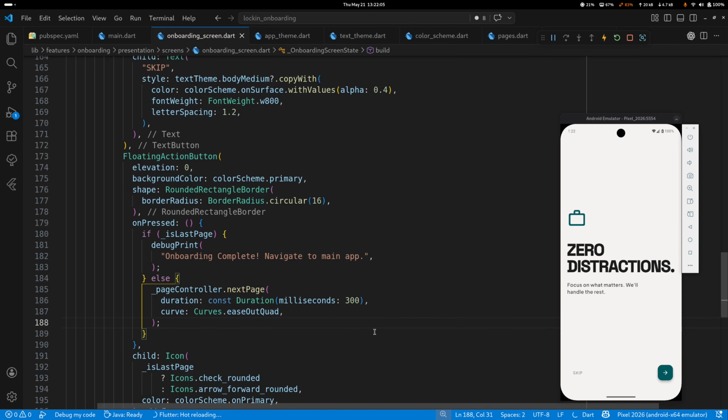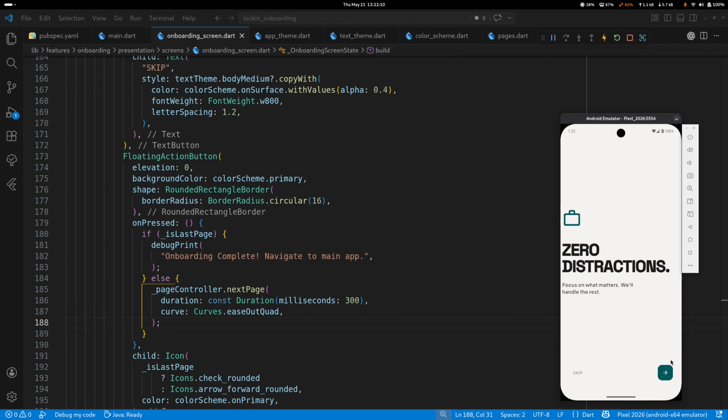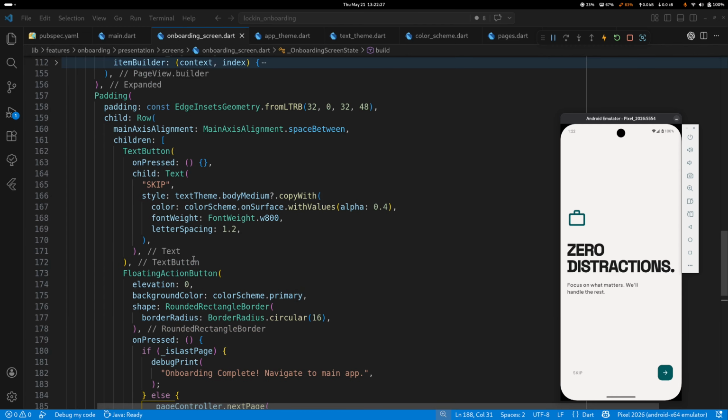That's it. Now save. Now each time I click on this, it's going to swipe. Should swipe. Since I'm at the last page, I see a right icon. Otherwise, I see the arrow forward. It works, right? But there is one more thing. Right now the user doesn't know how many onboarding pages they have, so what you're going to do is, right between